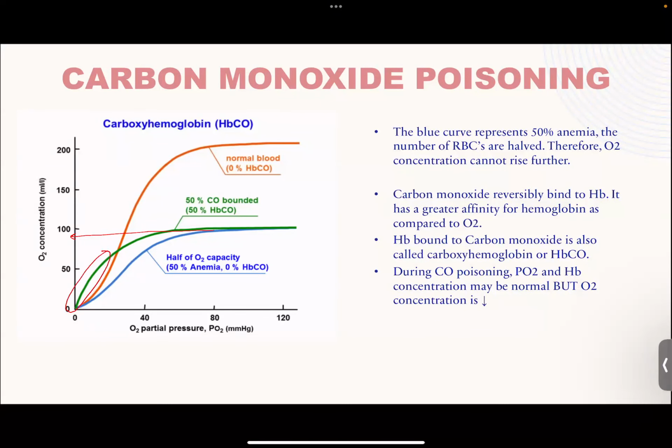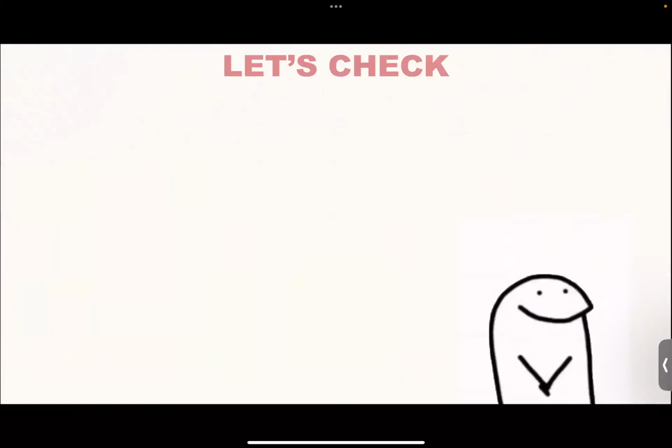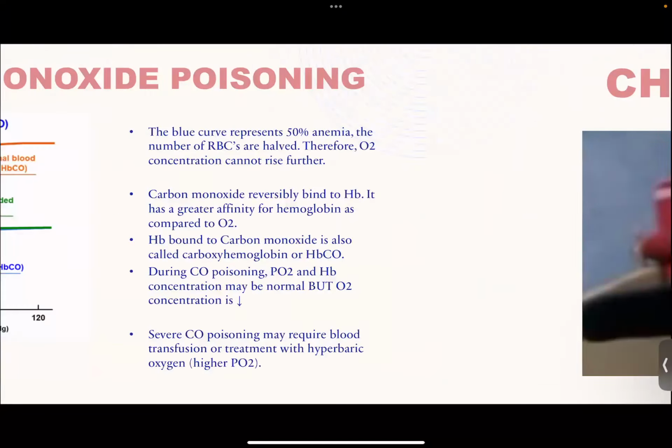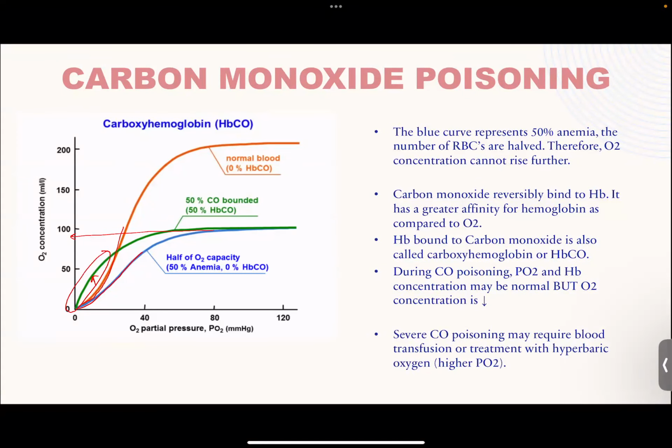You see how this graph is going this way, this graph is also going this way, but this green one is a little bit more upward, right? Basically, the concentration of O2 increases. I'm so sorry. It increases really quick because as soon as the carbon monoxide comes and binds, it's going to bring the oxygen also to come and bind with it. Okay? So, in the case of carbon monoxide poisoning,